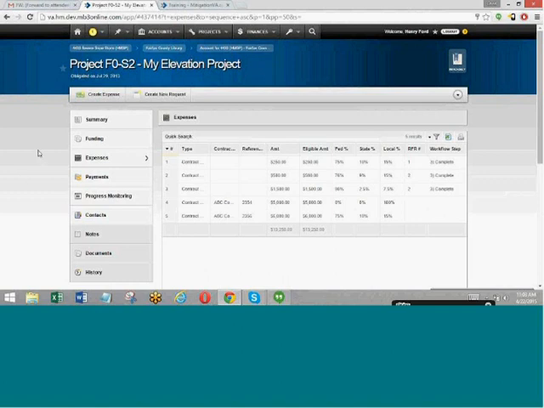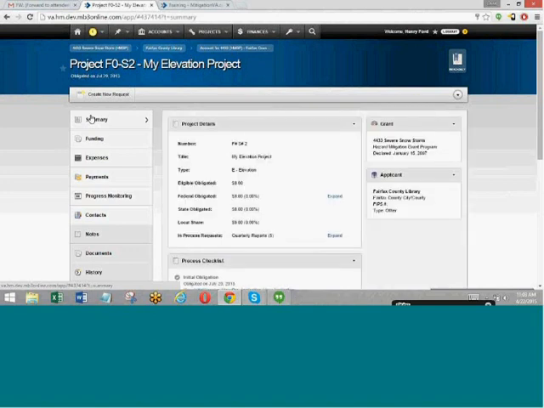So the process of creating any request that you want to submit to VDM is the same regardless of what type of request it is. It can be a time extension, it can be a scope change, it can be a project closeout, it can be a reimbursement request. Whatever it is, the process is the same. First step is you log into mitigationva.org. Second step is you navigate to the project, and you can do that through the projects menu. You can go through the account and trickle down to the project. You really have several options to navigate to the project. So that's the second step.